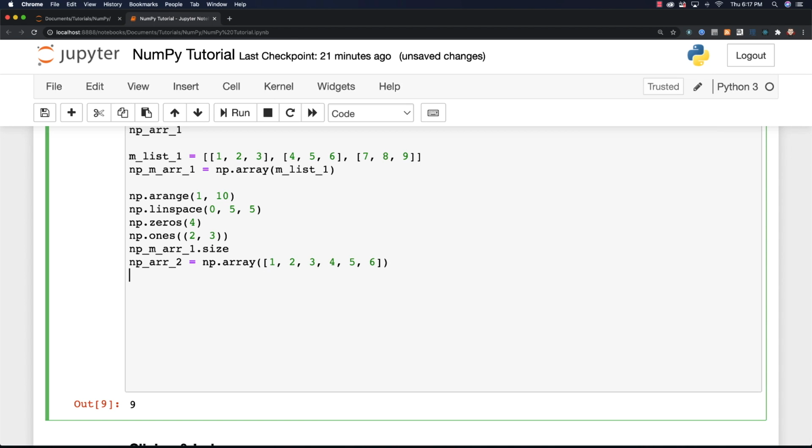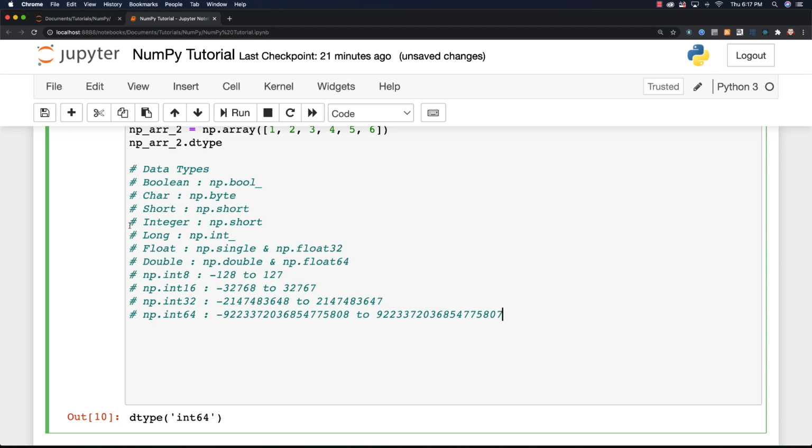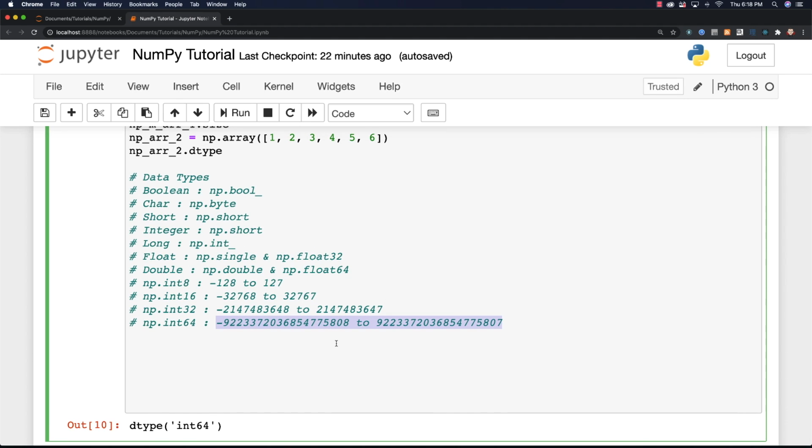You can also get the data type for your arrays. So let's get it for array2 just by calling dtype on that array. You can see these are integers, 64-bit integers. And you can see here is a list of numerous different types. You can use booleans, characters, shorts, integers, longs, floats, doubles, and you can see ranges of values depending upon which of the data types that you choose to use. So this is a big one,